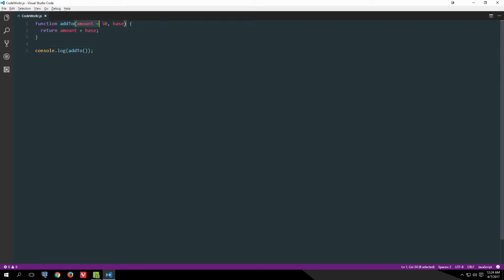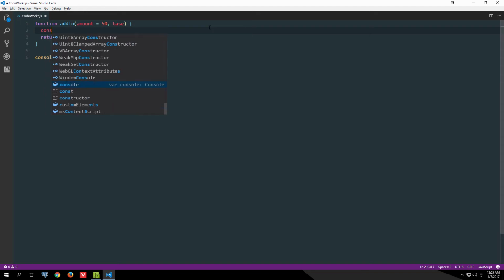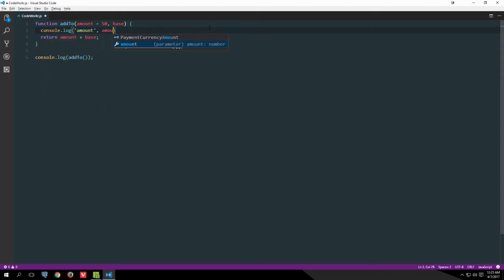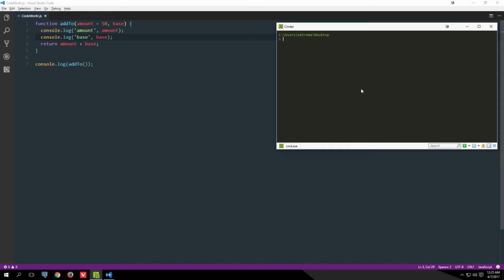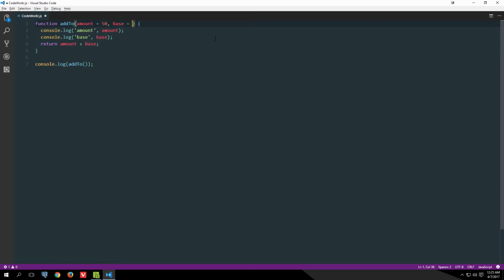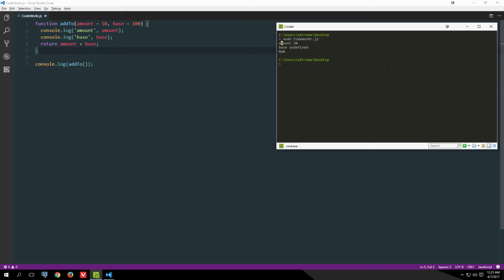Why? Well, amount got assigned to 50, but we didn't pass an argument for base, and we also didn't initialize base to some default value, so this had a value of undefined, and then JavaScript tried to add 50 to undefined, and that pretty much resulted in not a number. So we can console.log here and say amount, so we can see what's inside, and we can try it again. And like I said, amount is 50, base is undefined, and that's the reason why we got not a number. Now of course you can also specify a default value for base. We can say 100,